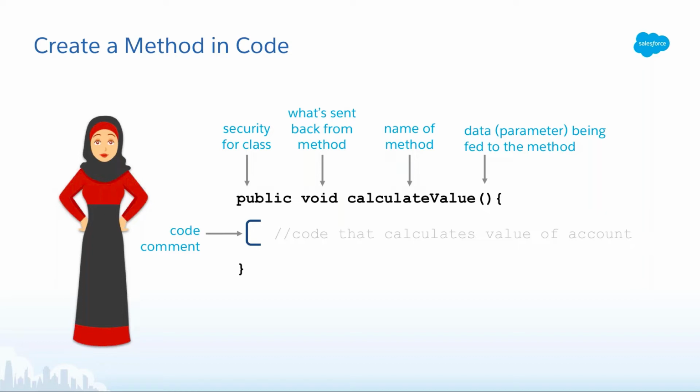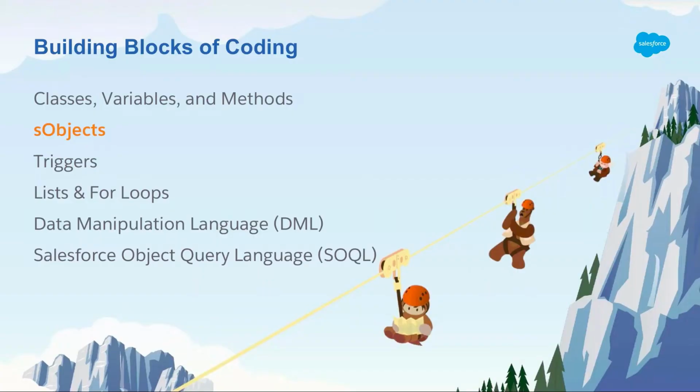Then we have a beginning and end parentheses, and this is one of the signs that this piece of code that you're looking at is a method, because all methods have an open and closed parenthesis. If we're sending data to the method, the data that the method will use, then we're going to put that in those parentheses, and you can see an example of this later. Then again, just like the class, we have open and closed curly braces, and all the code that will run in the method will be between those braces. Awesome. So now we've seen how code in classes, variables, and methods work.